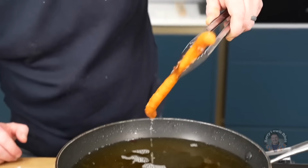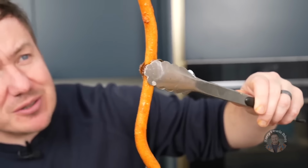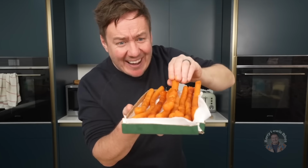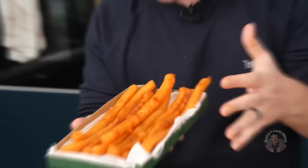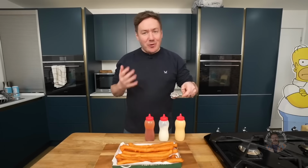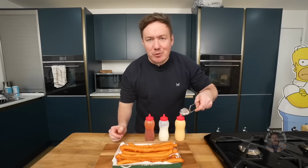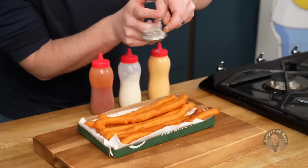Look at that. Oh my word. The tongs have taken a heck of a hammering. That's absolutely crazy. This has been bonkers. Okay, I did not think we were going to get to this point earlier on, but here we are in my bodged box. I've got some more paprika that I'm just going to dust on, and I believe in Asia